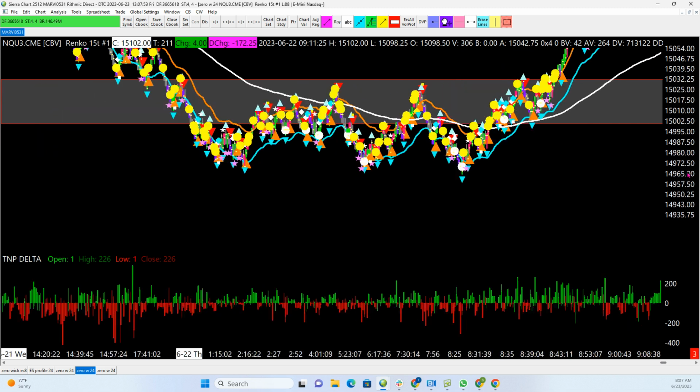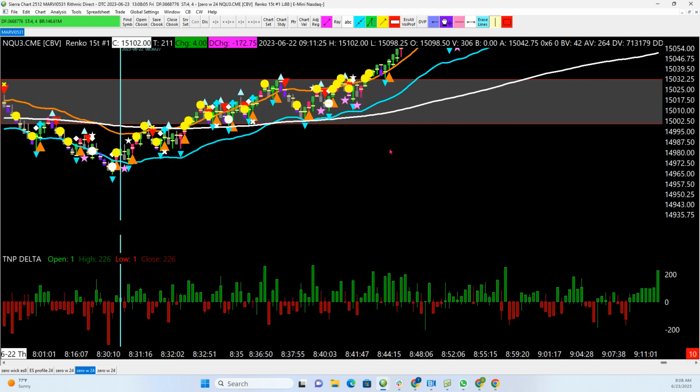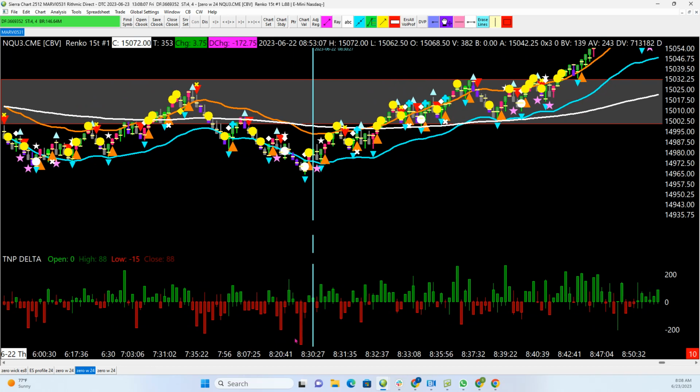Now look how the market behaved. Okay, so this was, remember, this is 830 right here. See this? So this was important because you're opening up below the prior day's low. That 15,000 is below prior day's low. So if you look at how that worked, we came down. See how you got the biggest negative delta down? It goes supernova,